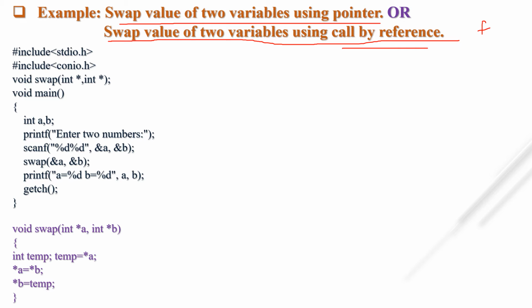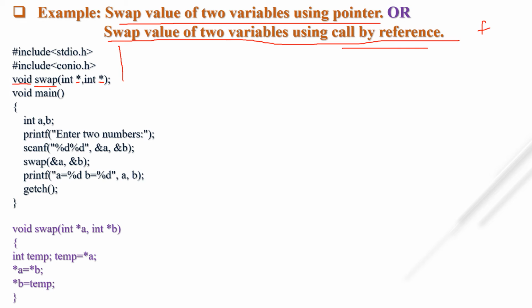Okay, so what we first do, we take one function with the name swap. We are not returning any value, that's why we are using void. If it is not a pointer, you have to write only int comma int, because two addresses we are going to take to the function definition. But why do I write star here? Because now we are going to deal with pointers, that's why we write star here.